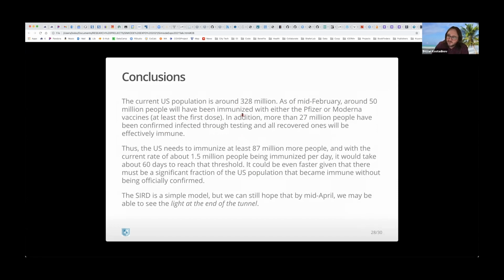As of yesterday, it was actually close to around 48 million with either the Pfizer or the Moderna vaccines, at least the first dose. In addition, more than 27 million people have already been confirmed infected through testing, and all recovered ones are certainly effectively immune. So the US needs to immunize now at least 87 more million people. And with the current rate of about 1.5 million people being immunized per day, it would take about 60 days